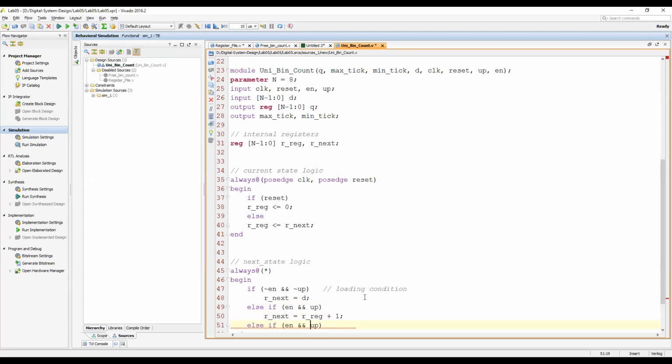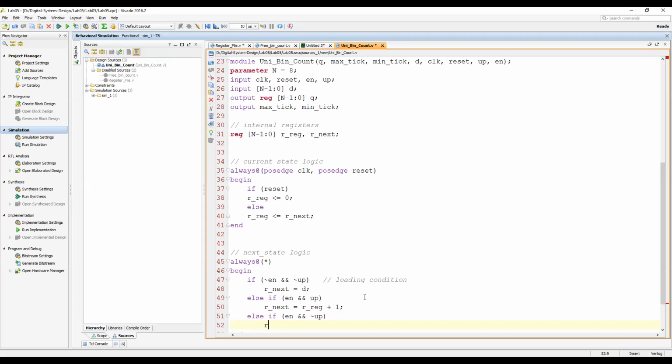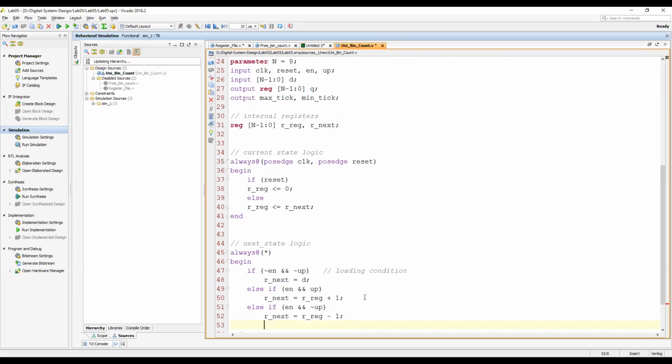If it is enabled but up is not 1, then do the down counting. Okay, so this is the down counting. So else, else.